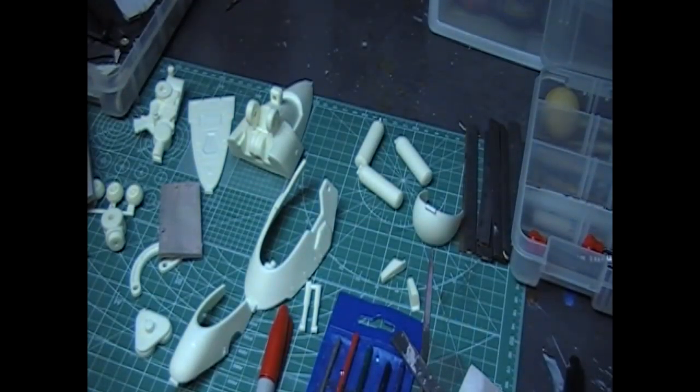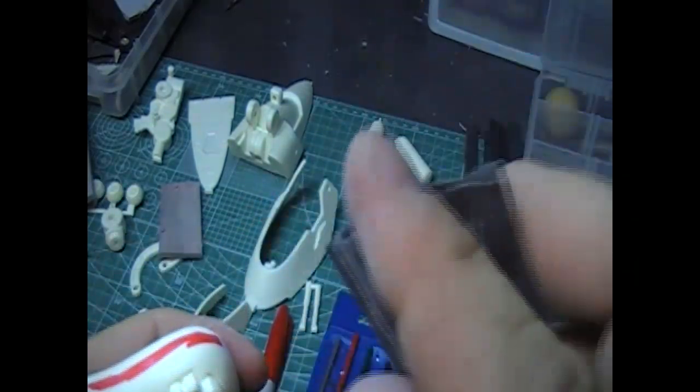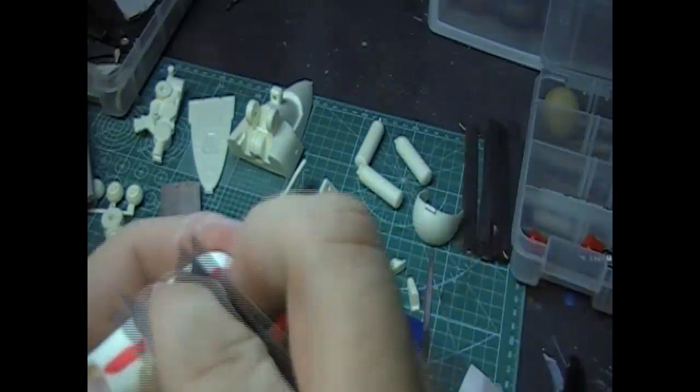So instead of using my sanding sponge, which seems to get clogged up a little easier, I'm just going to use straight 400 grit sandpaper. No stick or anything, but I can use my finger like this to get in the groove. And this mold mark is not that bad. It's just barely visible to the eye. So I'm just going over the whole piece like this. And you can see a couple